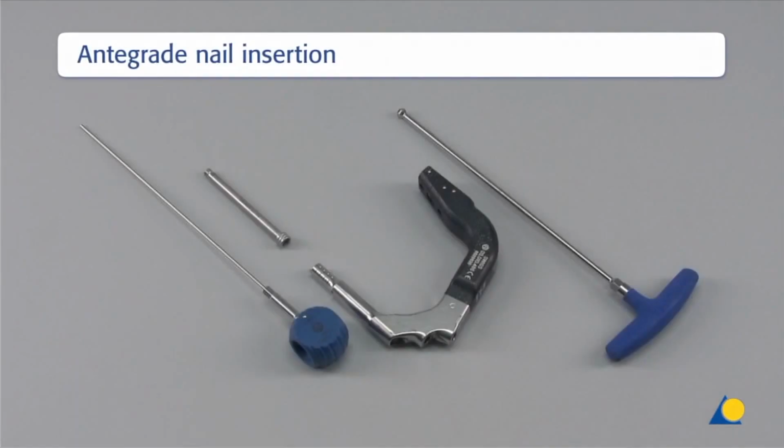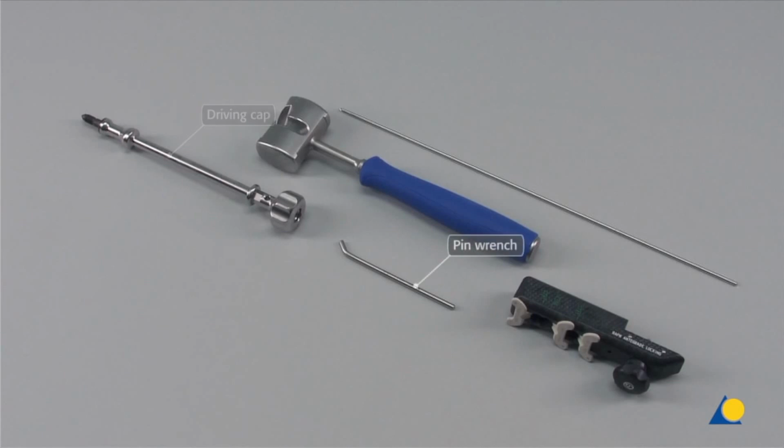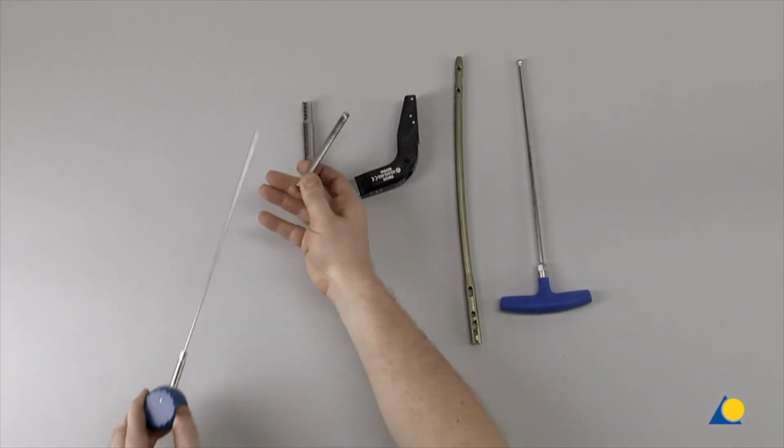The instruments for antegrade nail insertion are the rod pusher for reaming rod with hexagonal screwdriver, diameter 8.0 mm, the connecting screw cannulated with internal thread, the insertion handle, radiolucent, length 100 mm, the screwdriver hexagonal with spherical head, diameter 8.0 mm, with T-handle, length 322 mm, the driving cap with thread for insertion handle, the pin wrench, diameter 4.5 mm, length 120 mm, the combined hammer, 500 grams, the aiming arm, radiolucent for expert RAFN, antegrade for standard locking, and the guide wire. The connecting screw is slid over the rod pusher for reaming rod with hexagonal screwdriver,